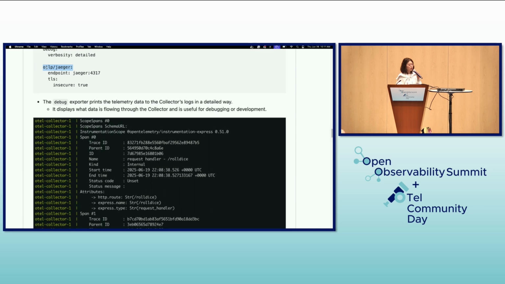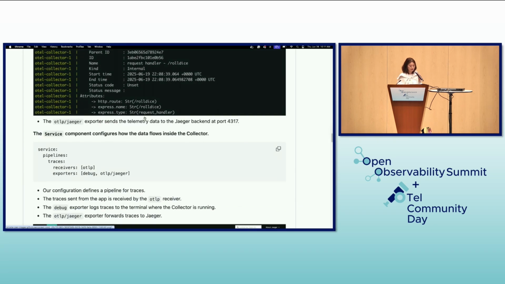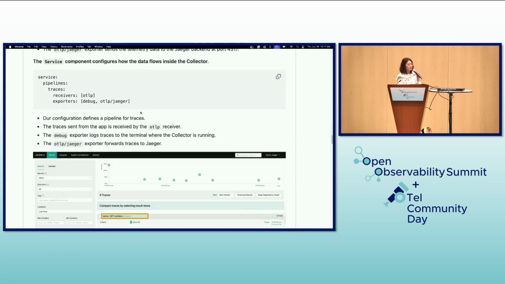The other exporter is the Jaeger exporter, which exports traces to the Jaeger backend at port 4317. Okay, now the service component configures how the data flows inside the collector. So here we're building a pipeline for traces. So when traces are sent from the app, it's received by the OTLP receiver, and the debug exporter is printing